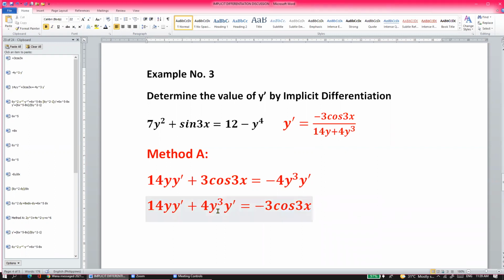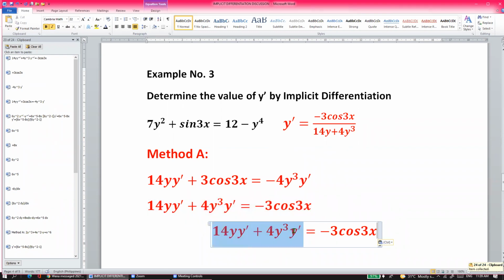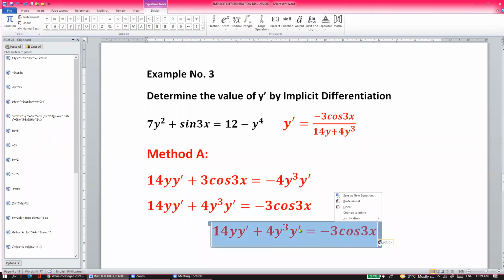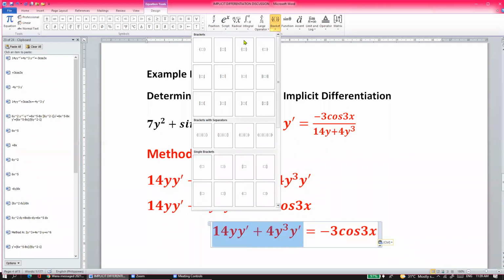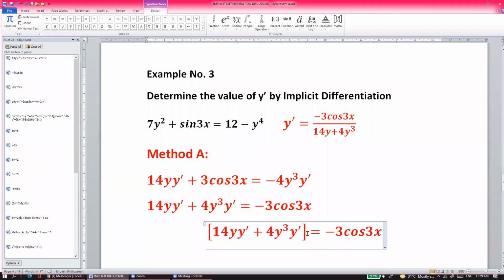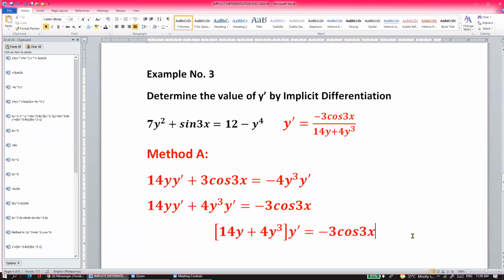Klaro ba? Yes. Now, lahat. Opo. Okay, copy-paste ko uli yan, no? I'm just going to insert a bracket sa buong left-hand side ng equation natin so that we can factor out y prime. So, factor out ko na ang y prime. And then, aalisin ko tigisa sa bawat term ng y prime since the common term is y prime. Yung common factor nila. Yan. And that's it. Then finally, if we're going to divide